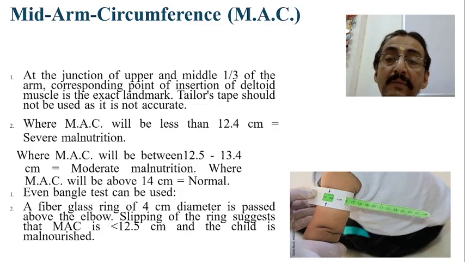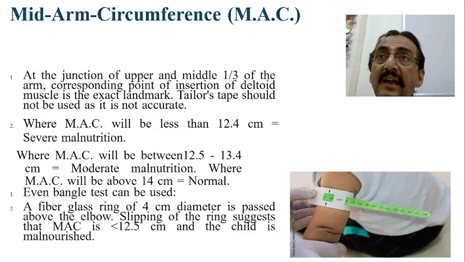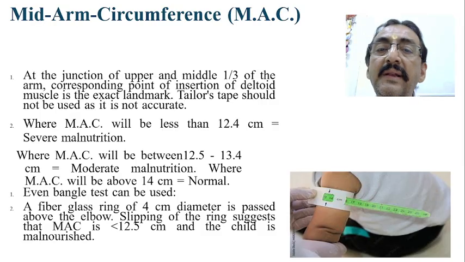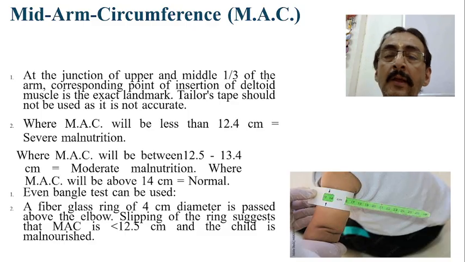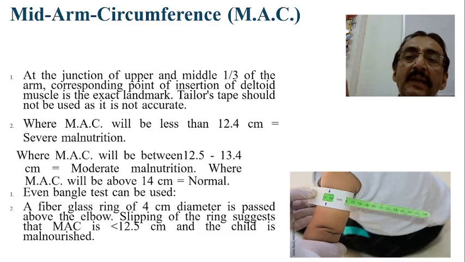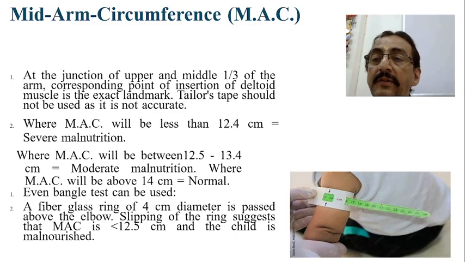Therefore, here we will use a special type of tape which is called the Shakir tape. This particular tape has to be used here, because it has color markings: red, green, blue, etc. Usually the mid-arm circumference is 15 to 17 centimeter. If it is less than 12.4 centimeter,